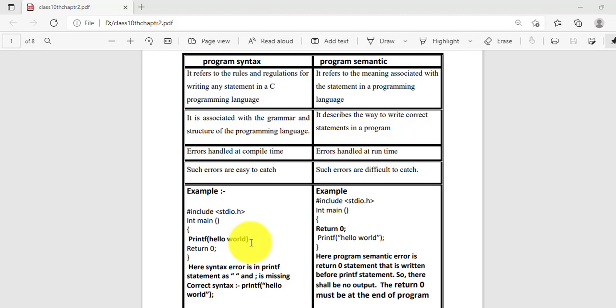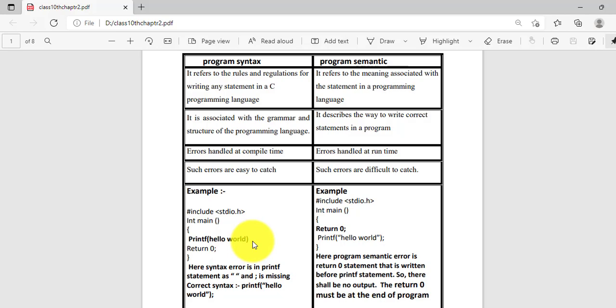So this will show a syntax error, as the comma is missing and the semicolon is missing. The correct syntax will be the printf statement, then the arguments, then the comma, and then the semicolon. So this is a correct statement to write printf statements. This is a grammatical error, and that is a program syntax error.